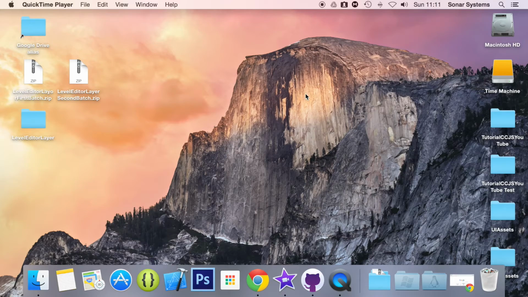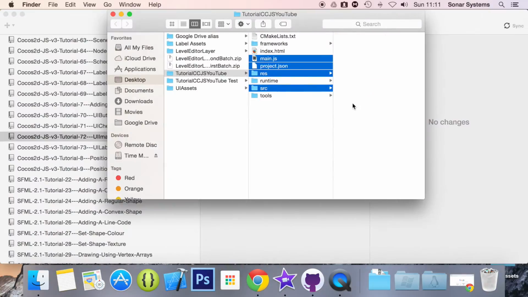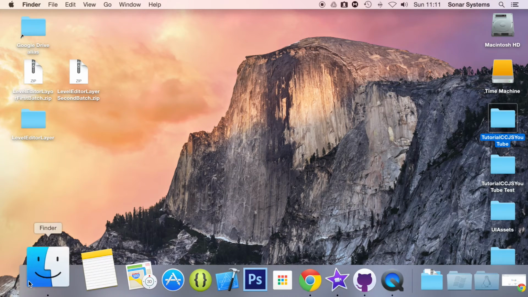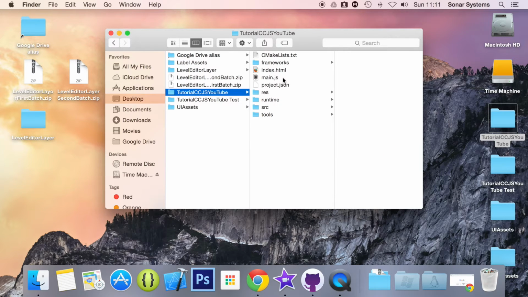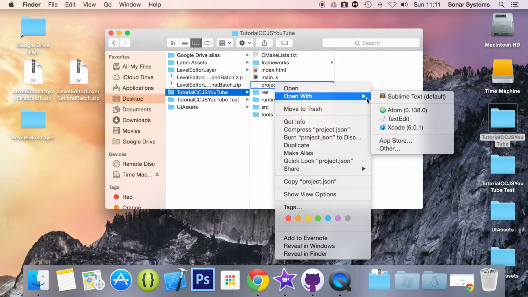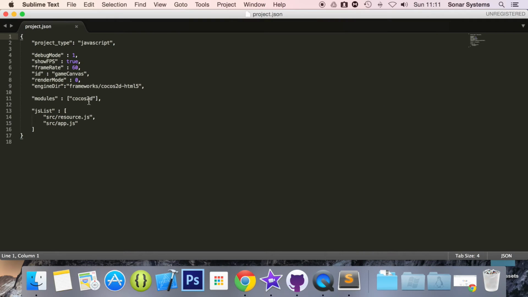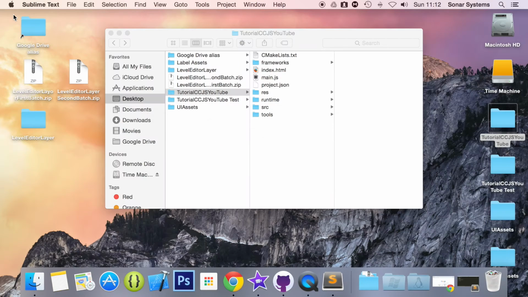Before we can actually do anything regarding UI, we need to add the extensions module to our project. So to do that, just go to your project, open up project.json in a text editor. And now here where it says modules, put a comma after Cocos2d. We're just going to add the extensions module. It literally is that simple to add the extension module. We are now done with the extension module, and now what we're going to do is first add our asset